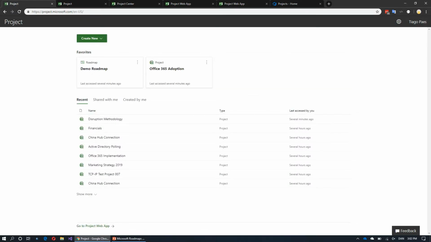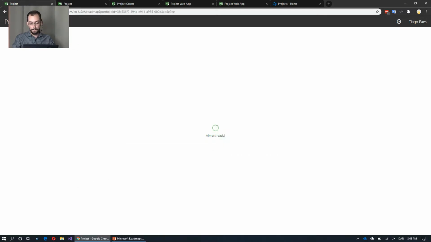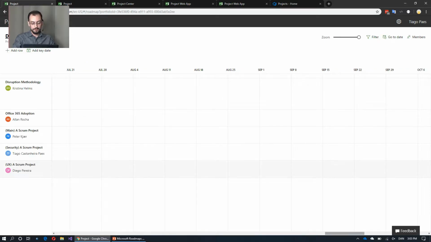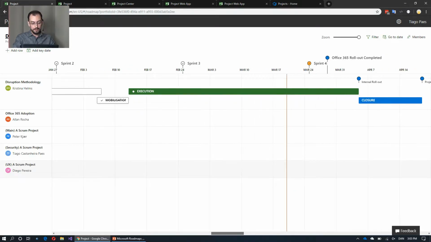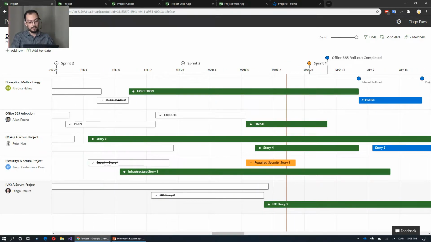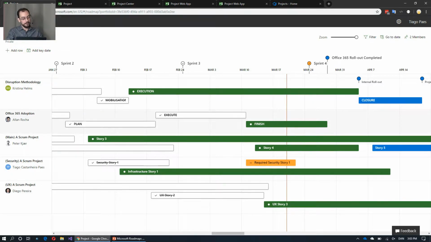Then in the project home is how I get to my roadmap. I have the one I set up for today already here, favorited. So I'm going to click on it. And it's loading. But this is my roadmap, right? So I have information here about multiple projects, and I can see the different phases in the projects that are